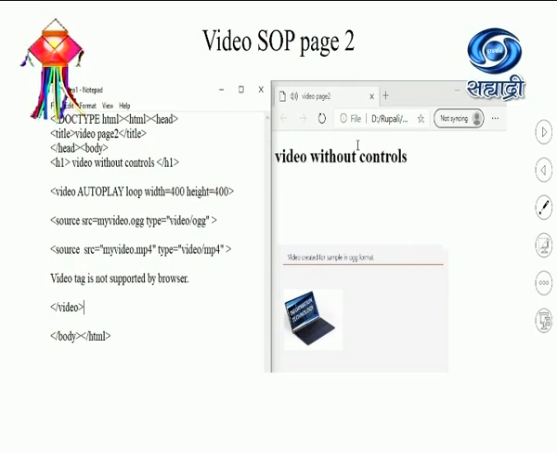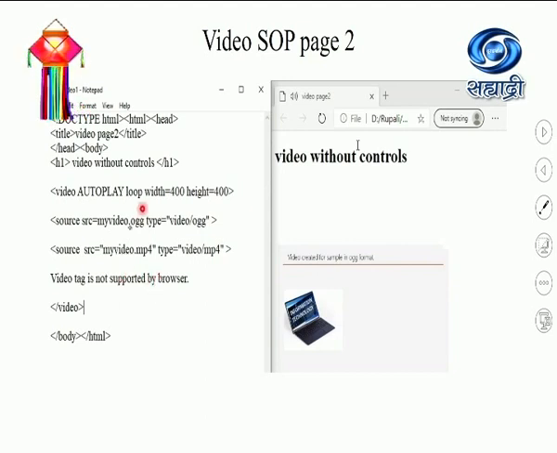So here I have mentioned autoplay, loop, width and height, and inside the source tag I have mentioned the name of the video file. If any of the file is not supported by the browser, automatically it will take the second file. Students, these both files are same, just the file formats are different. So I can make use of two file formats in the same video tag, because if any of the browser is not supporting any of the file format, it will play the other file automatically.